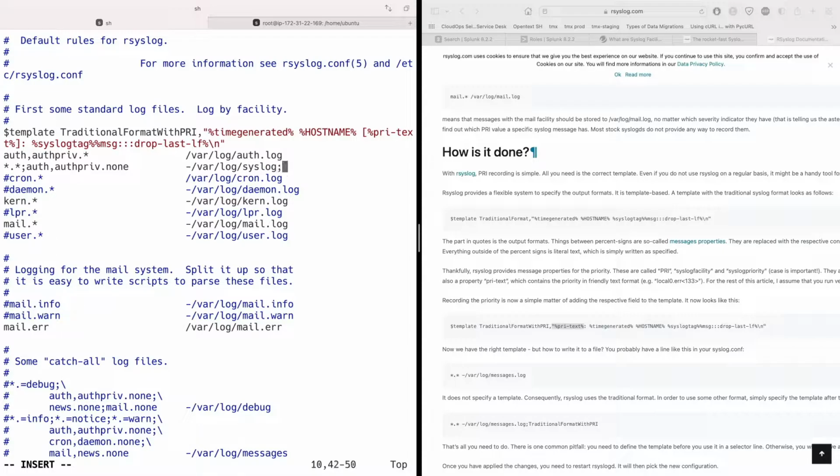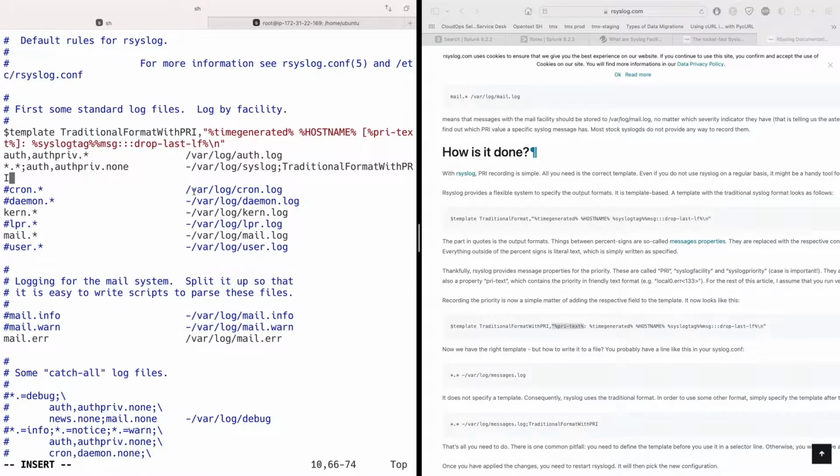All I have to do is put a semicolon, and then call this value from here. So I went to the rsyslog file, put in the template with my PRI text, which earlier was not here, and I'm calling it from here. That's it. Now I'm going to save it,